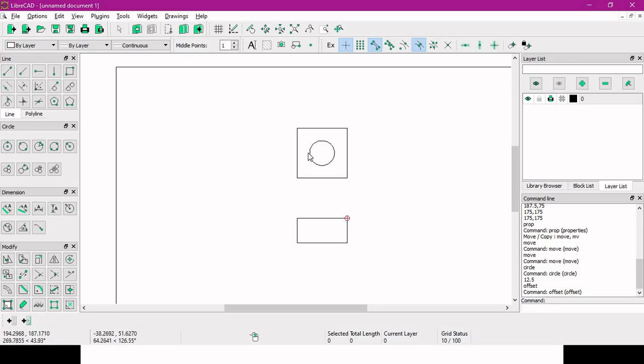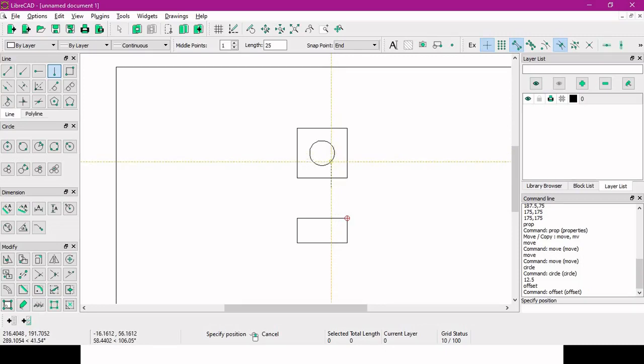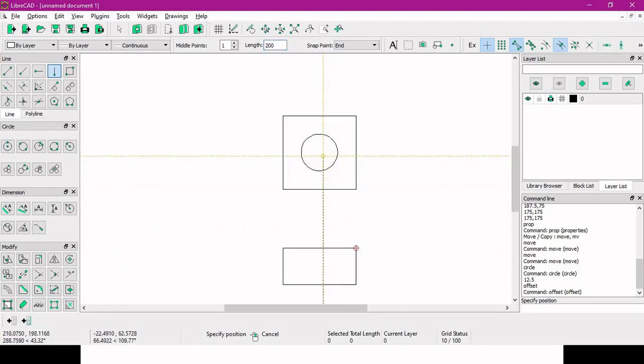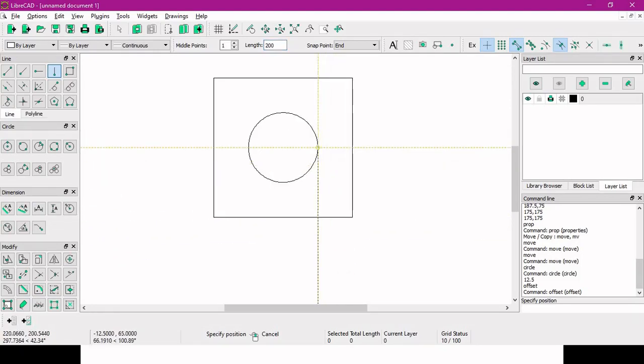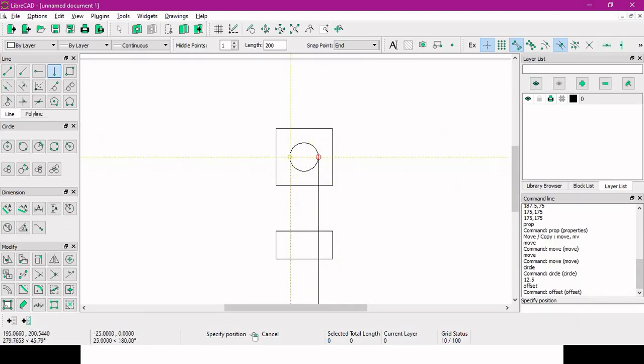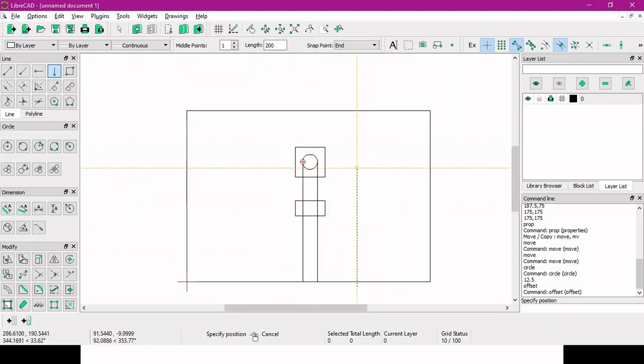Earlier we used this coordinate system, but now we want these hidden lines here. Directly from these points you can drop lines. So let's use these vertical lines. Let's start from the end, and approximately take some bigger distance, say 200. So it is crossing this line. Here this quadrant point will be automatically snapped. We select it there, and put another line also here.